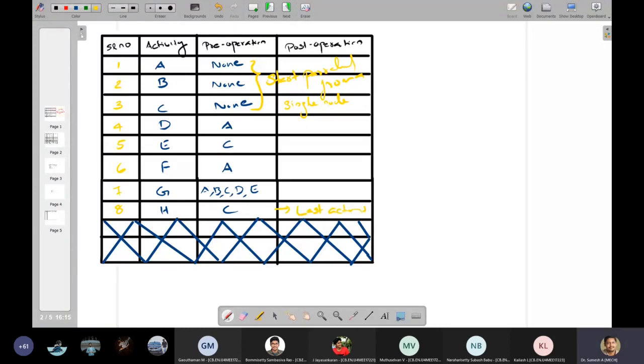Okay, I'll mark the first node as number 1.